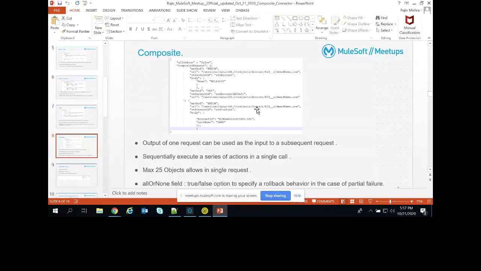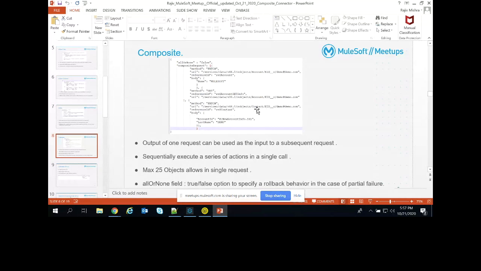One thing we have to make sure is that the reference ID should be unique. So how are we going to achieve that? I have used the account object with the get method, and the reference ID I have given is ref account get info, and this particular ID that we get from Salesforce, I am passing through the @ in the contact object as the account ID, that is new account info.id.